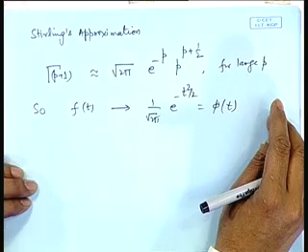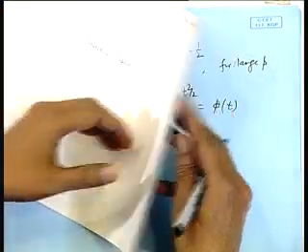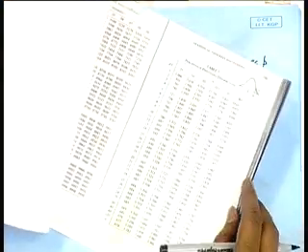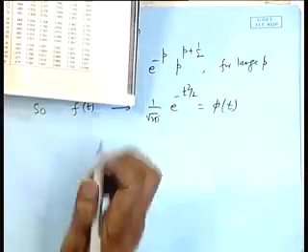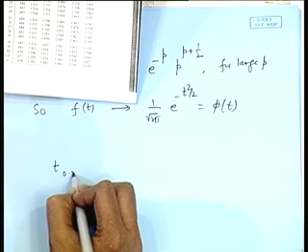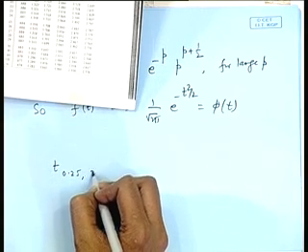The question arises that for what sufficiently large value of n is this approximation good? The answer is that for n greater than or equal to 30, the approximation is extremely good. And the tables of t distribution most of the times show this. So, if we look at a standard table of t distribution, unfortunately this cannot be seen here, but I will just write here the t value say at 0.25 and 30 is